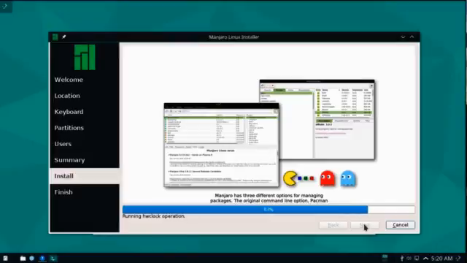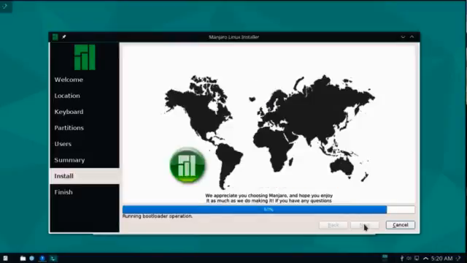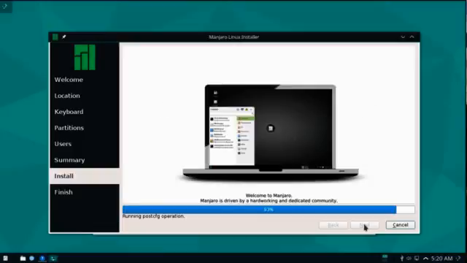Then we change the hardware clock and install the bootloader. Then we do post configuration options, and you get in the end the confirmation that we